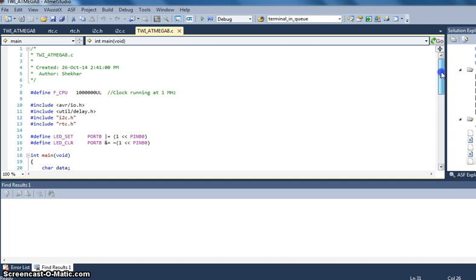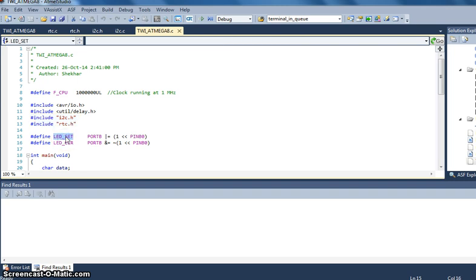Okay, so as usual I am defining my F_CPU, which is the frequency at which my controller is going to run. The requirement is because whenever you are using util/delay.h, this library requires you to define F_CPU so that it can calculate the amount of software delay exactly. I'm also including two header files. One is I2C.h and the other one is RTC.h. They are written by the user, that's why they are in quotes.